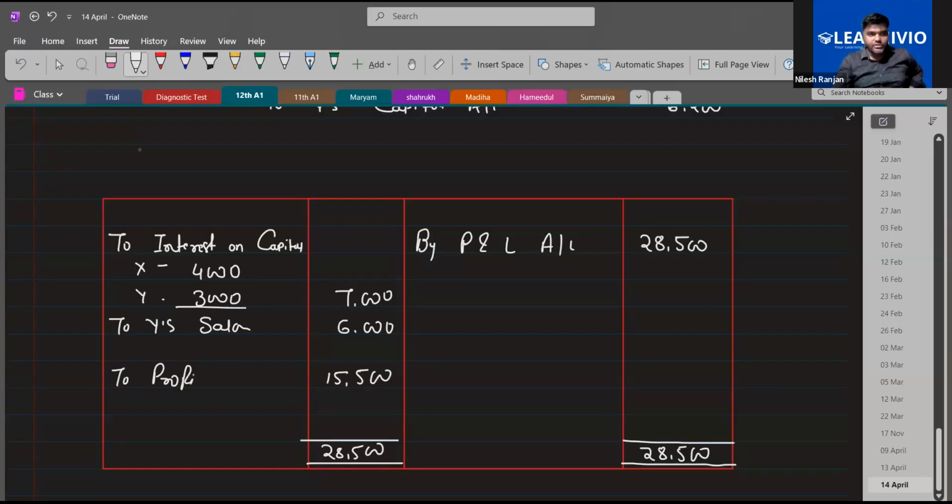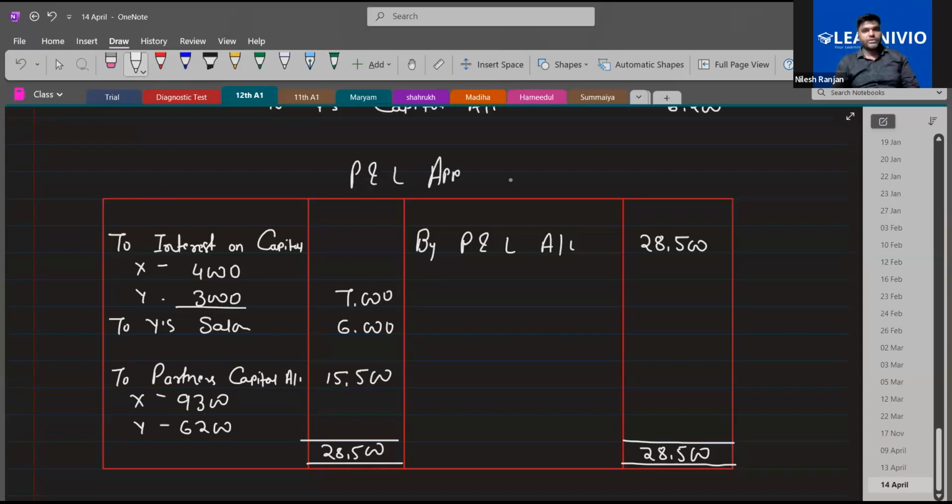So to partners capital account, X, Y, 9,300 and 6,200. So entry will be profit and loss appropriation account debit to partners capital, to X capital to